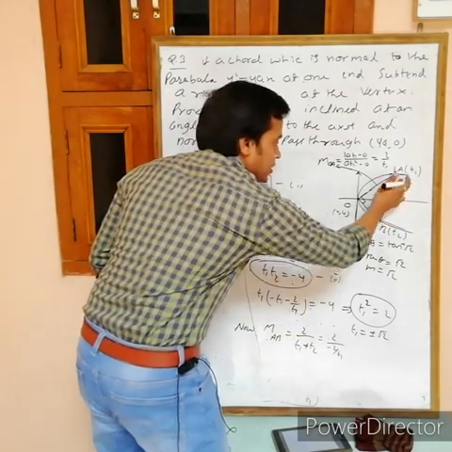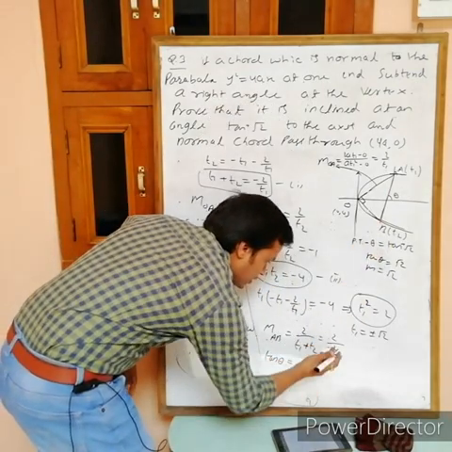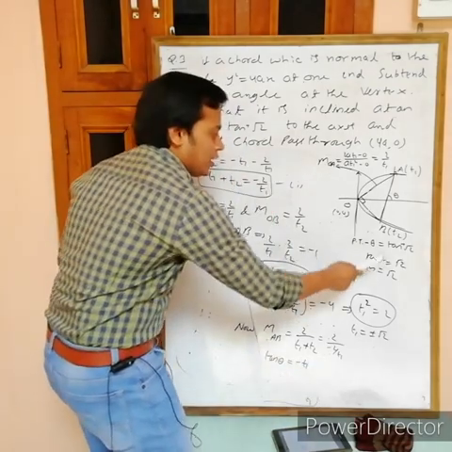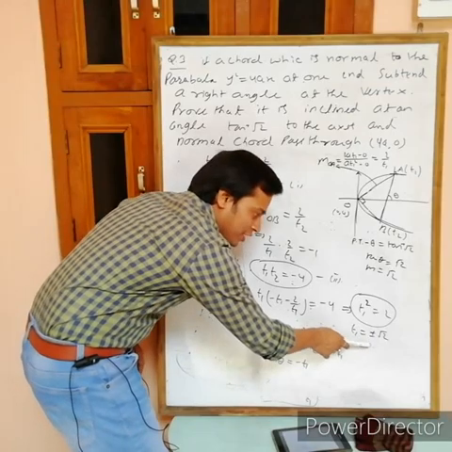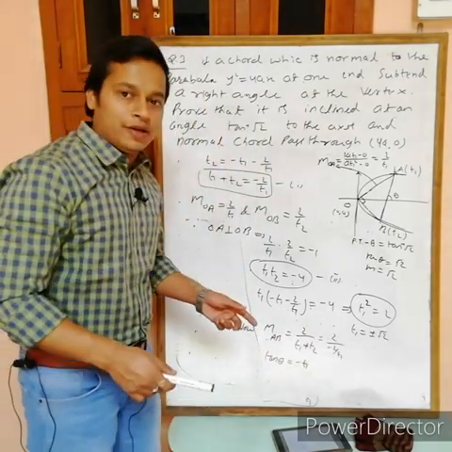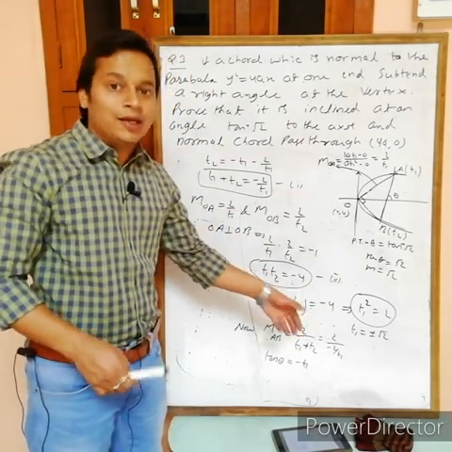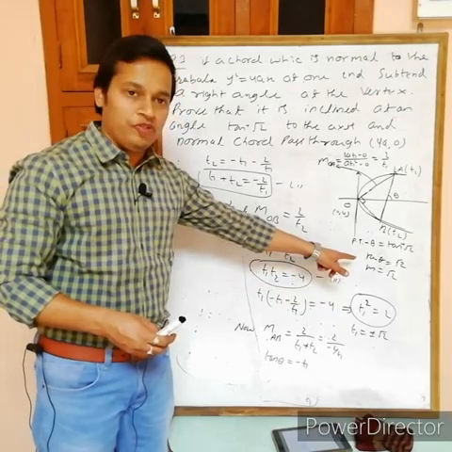If this angle is theta, can I say that tan theta is the slope? It equals 2 cancel out, minus t1. Now we have to prove that tan theta equals root 2. If I am getting two values of t1, either plus root 2 or minus root 2, then to get root 2, I have to put minus root 2. Maybe there is any other option, but we have to prove only for this one.